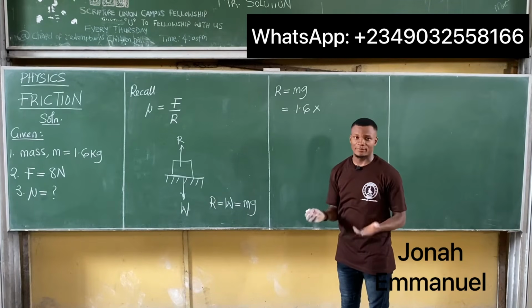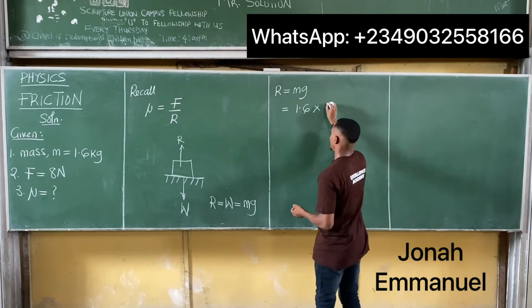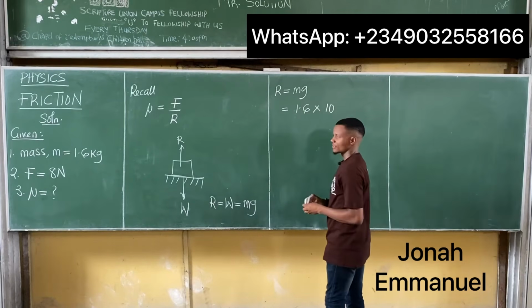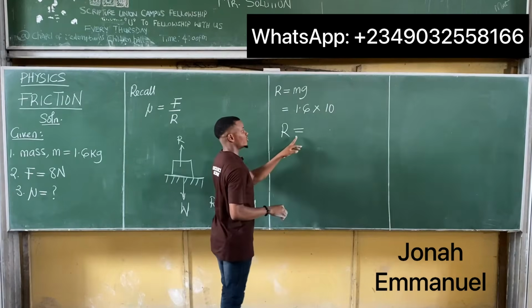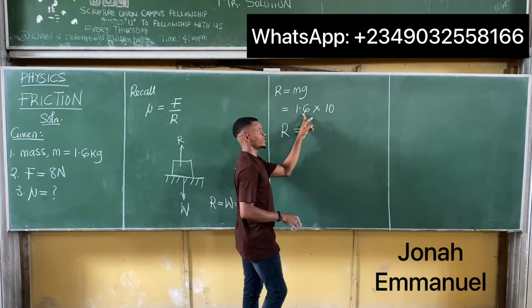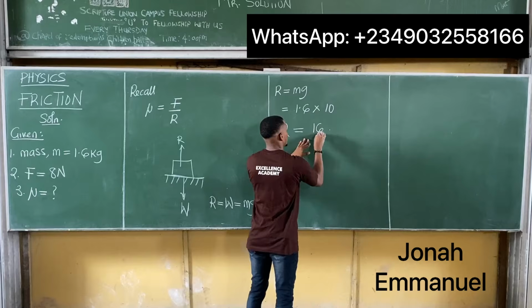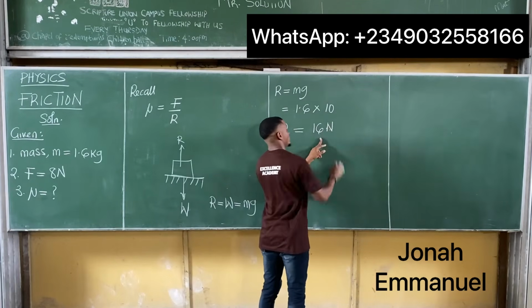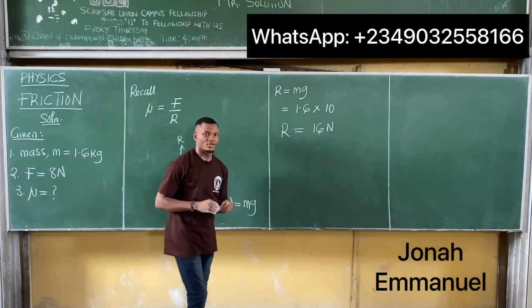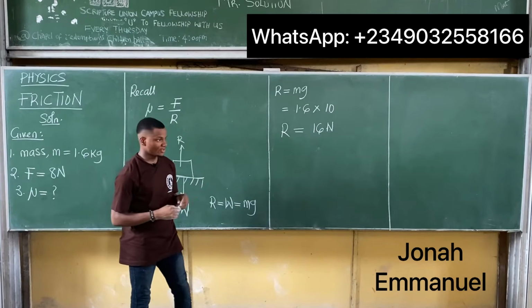Well, except you're given 9.8. For this one, we're taking this as 10 meters per second square. If we multiply these two, we'll have that the value of the normal reaction is equal to 1.6 times 10. That's equal to 16, of course 16 in Newton. We said normal reaction is measured in Newton. So therefore,